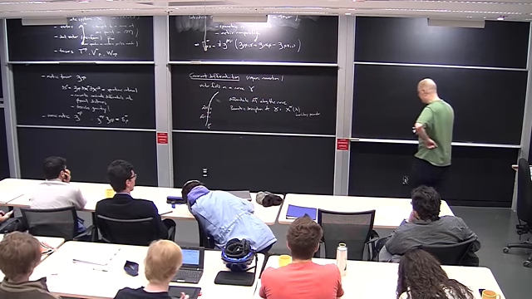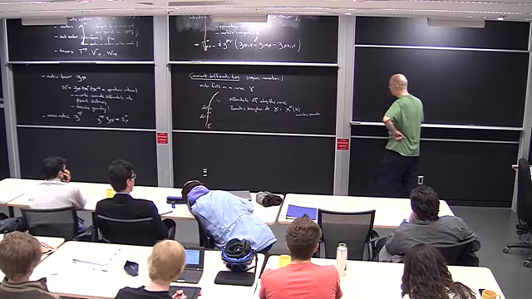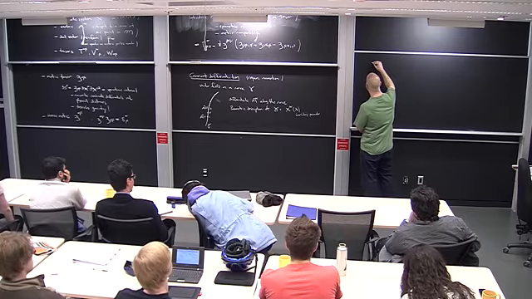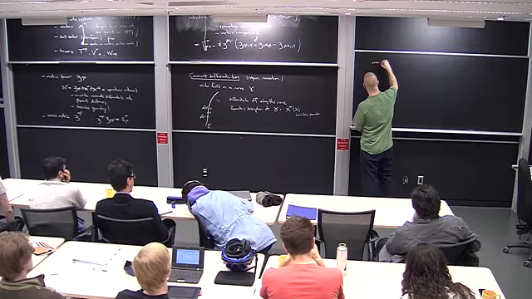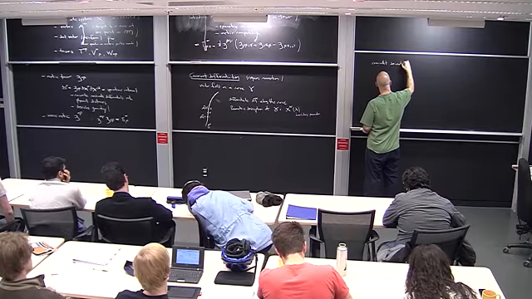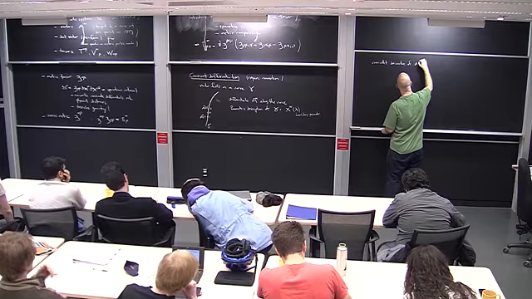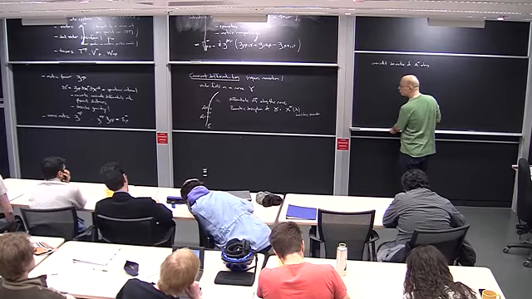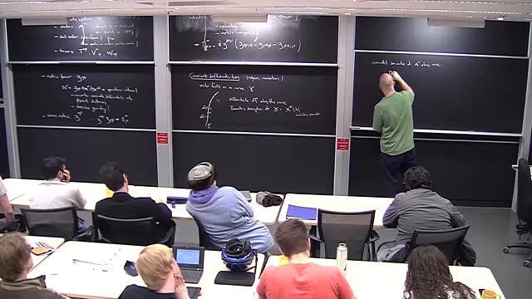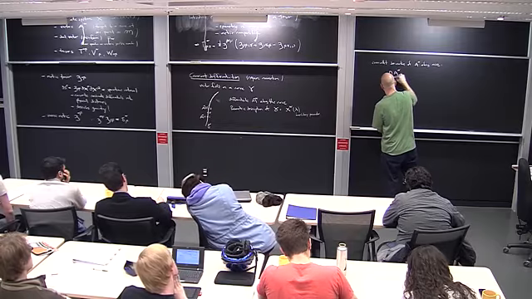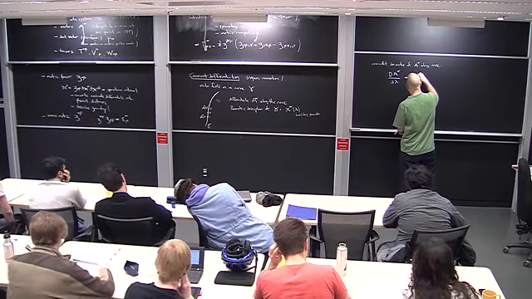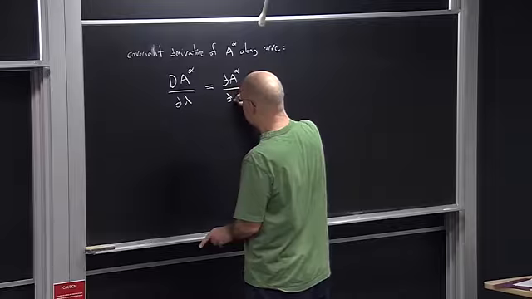That's where the connection comes in. And the notion of covariant derivative is as follows. I won't derive all of this because I know that you've seen this before. But what I say is that the covariant derivative of A along the curve, I'll use the notation capital D as I do in the book, d lambda, is just mathematically what you would do straightforwardly if you were given